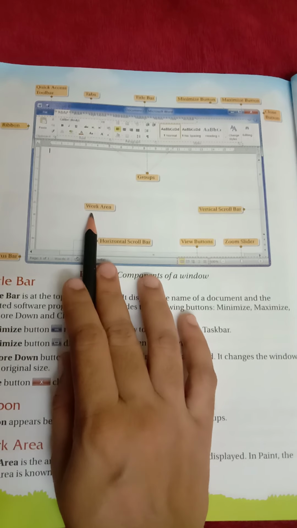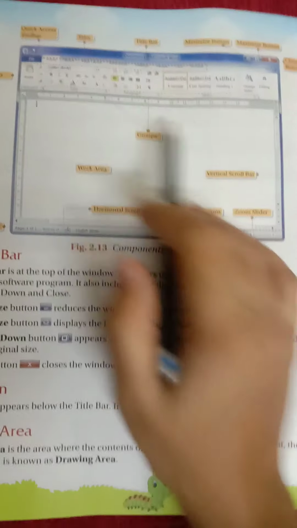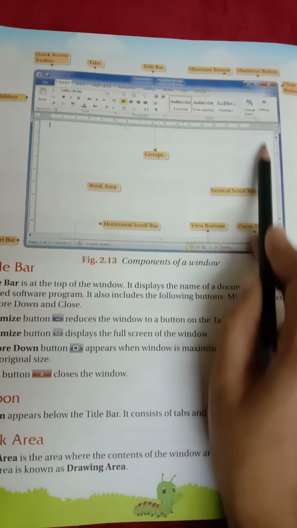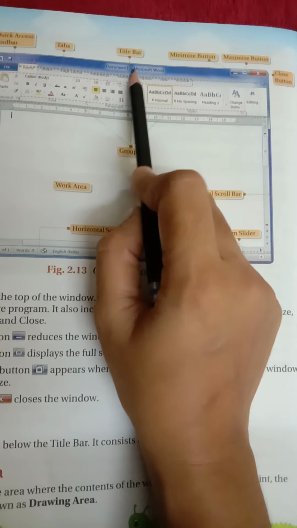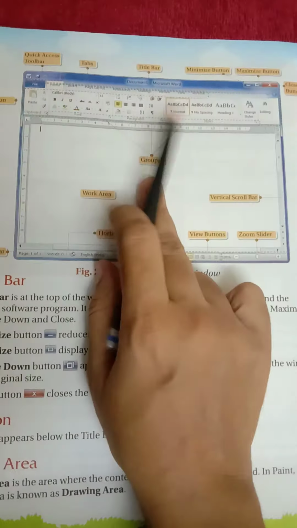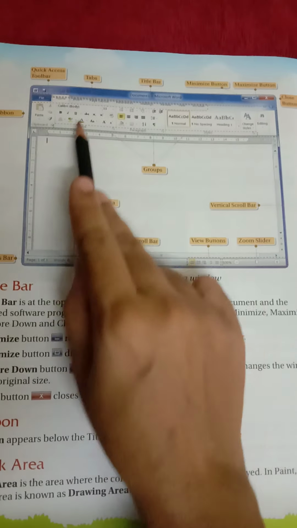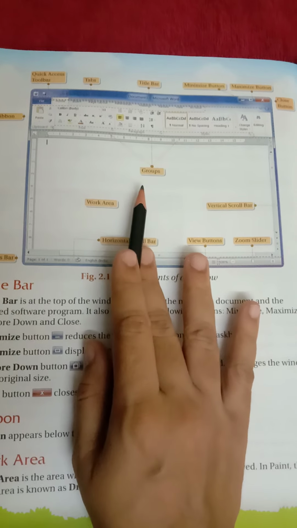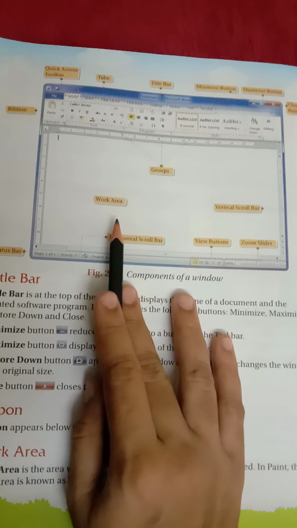So this type of screen is there. See, this is a screen and this is the window. This is Microsoft Word. This is the Word document. At one time, only one window is active on our screen.